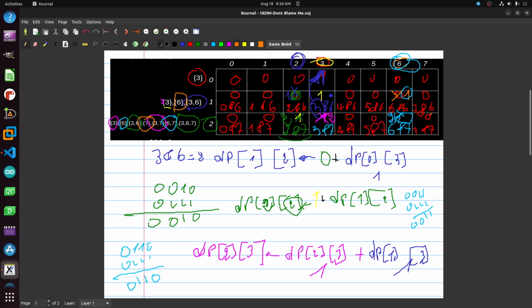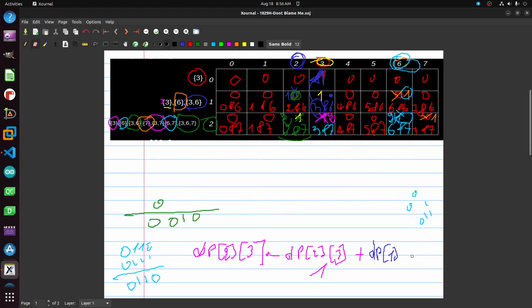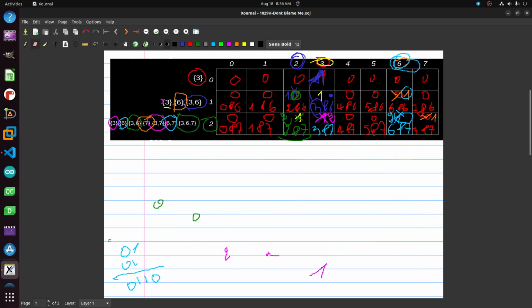So at the end we have to add 1 here for that 7. This is how to fill this row. And as we have seen in the previous slide, we just only want to take the results that have k set bits. Okay. For our example, k is equal to 2,